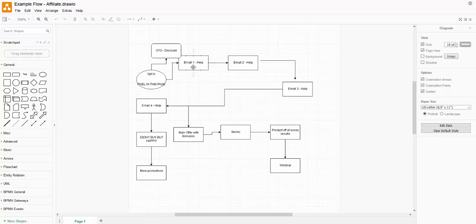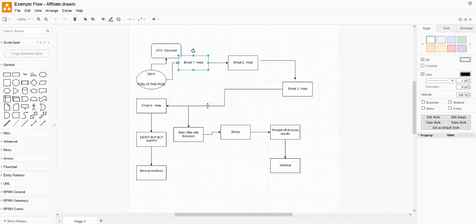What you really want to do is go all out on the help and give them as much help as possible. And the only pitch you're doing for the product at this point, email 2, email 3, email 4, is a subtle pitch at the end where you say, check out this product, and it will show you this, and it will show you this, and it will show you this. But if you lump in huge value in these emails, they're not going to mind the subtle pitch. Or some people will. You always get people that unsubscribe, but you're going to build up rapport with them,